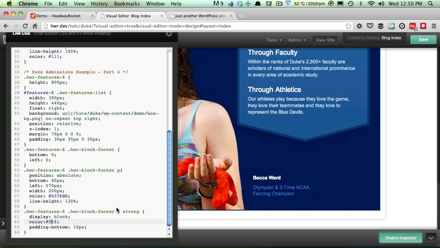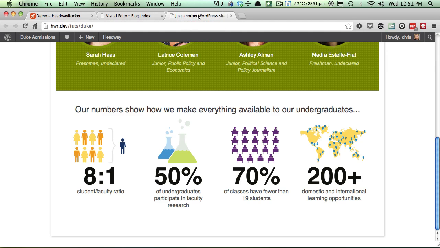The last declaration, we're targeting the strong tag inside the paragraph. So that's how we're adding the person's name. If CSS styling was turned off, this would just be one paragraph, so it's still contextual. And that's pretty much it. We just added some spacing below the strong tag and then set the color to white. The display block simply will push any contents that come after it to the next line, making it a block level element. So if I go ahead and save, and we take a look on the front end now,